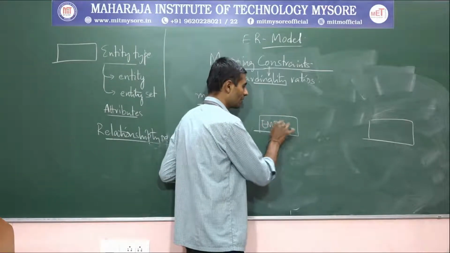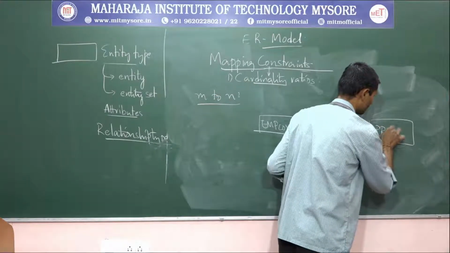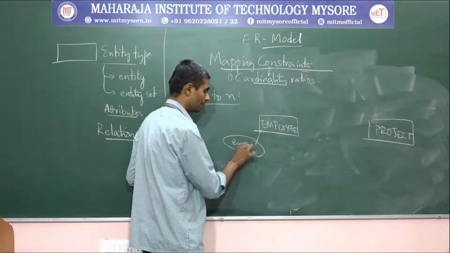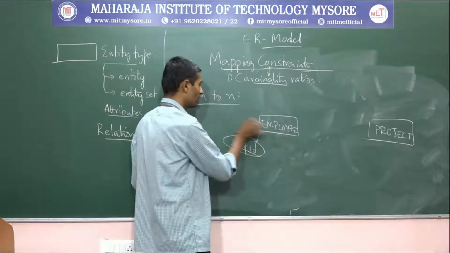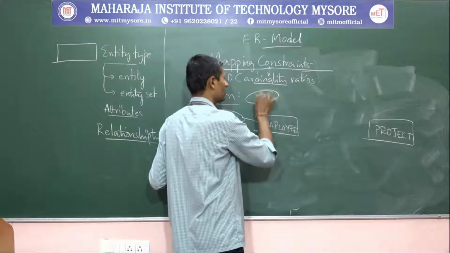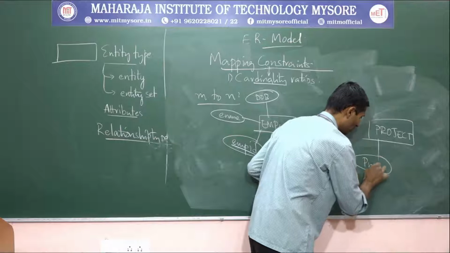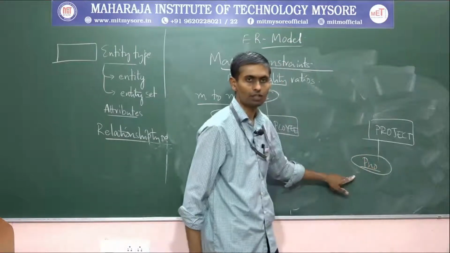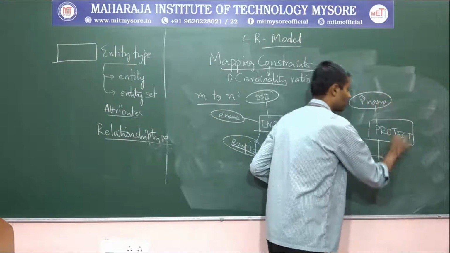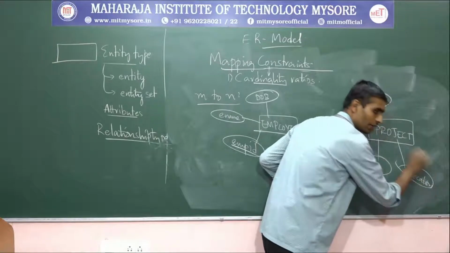So what are the two entity types we have identified? Employee and one more, project. Each employee is identified based on what? The employee ID is a key attribute. I'll underline it. Then employee name, and employee date of birth, this I'll record. Then project, projects are identified based on what? Project number, having a name, and it could be carried out in some location. So all such things I'll record here.